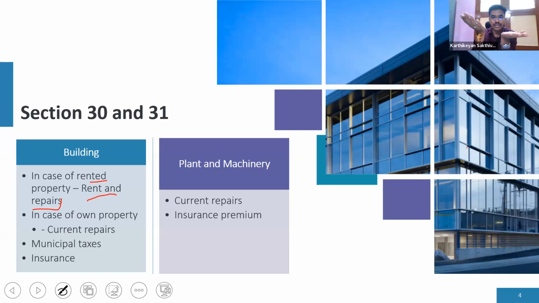So we take the accounting profit and make additions to bring it to the taxable profit. Actually, how you should do it, but nobody is doing it and the law also does not want us to do it: we should take the sales and then debit all the expenses. That is, subtract all the expenses and add all the incomes, and that is how we should arrive at our taxable profit.